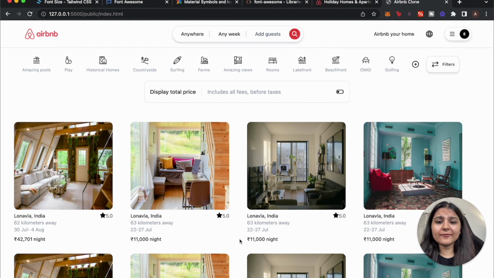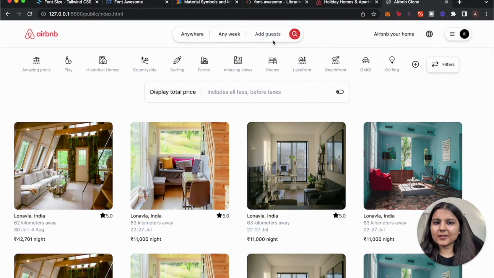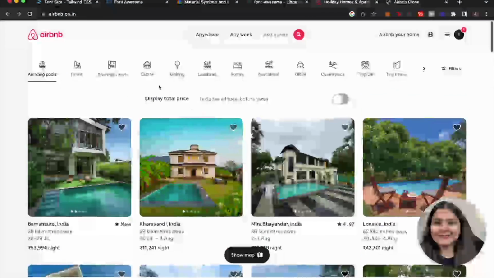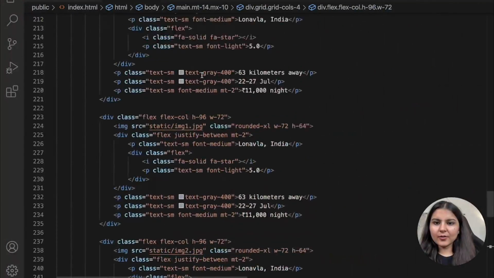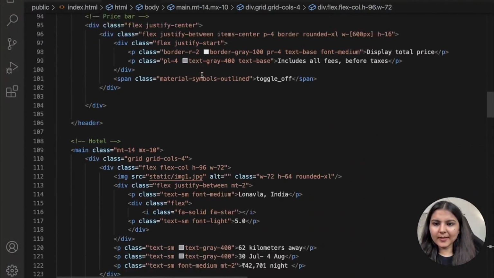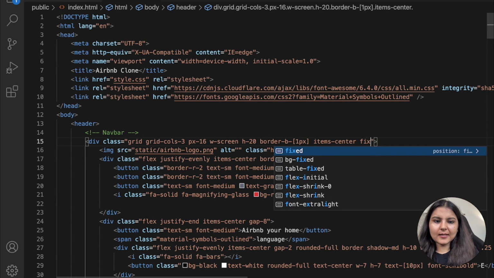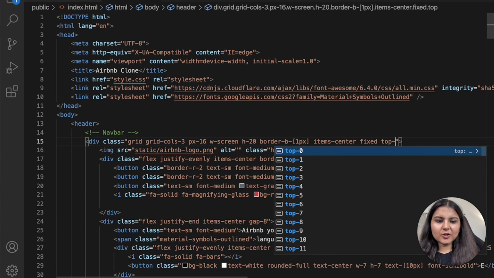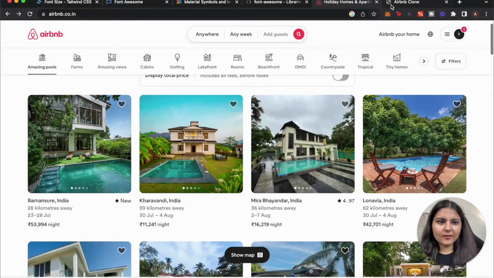But before that, if I show you, if I'm scrolling this, all of the header is moving, but if I'm looking here, only the price bar is moving and the rest are kept as fixed. So let's first correct that. So if I go here and go to my top div, here in the navbar I want to make it fixed, so I'll give it a position as fixed, and keep the top as 0 and save and see. Okay, here